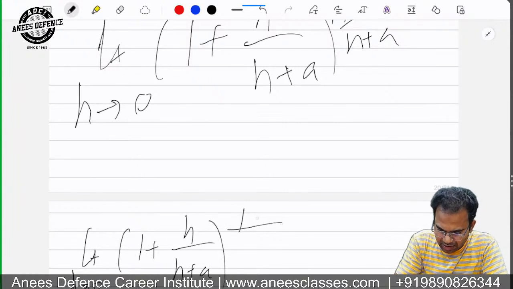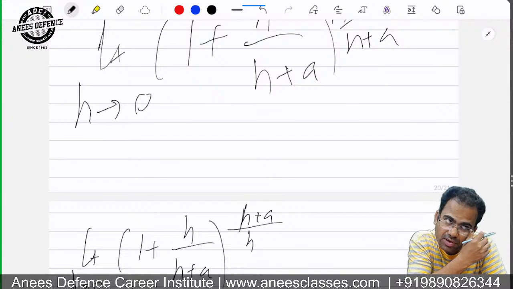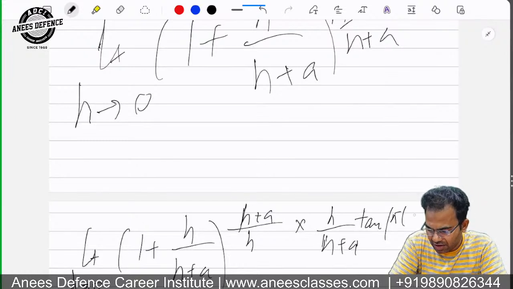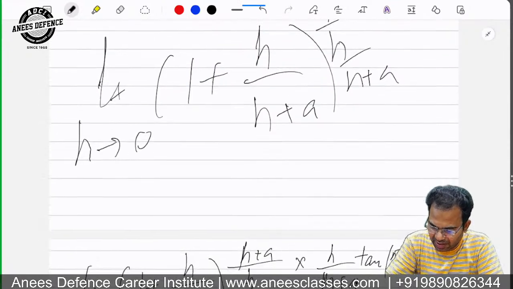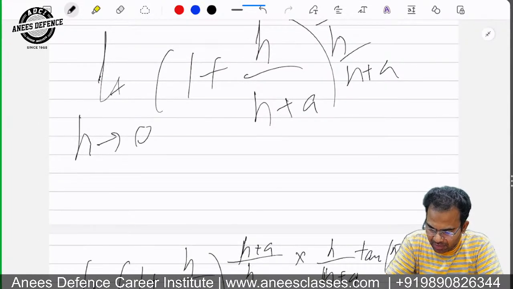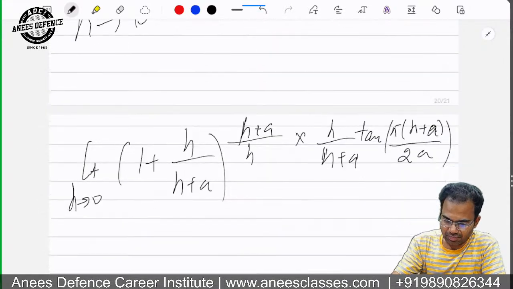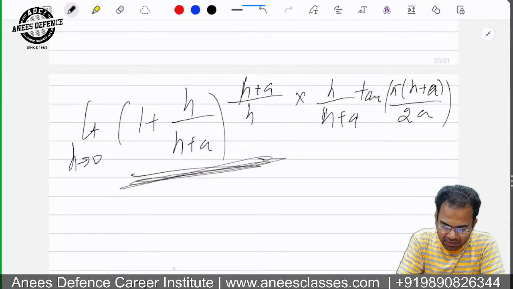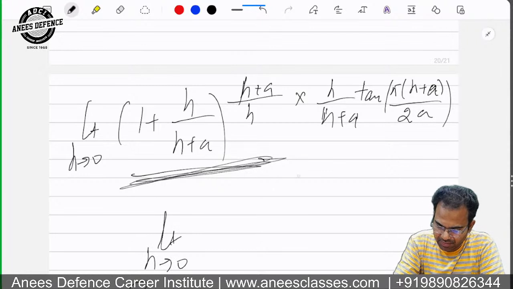Here you will find the reciprocal of this, which will be h plus a upon h, right? And here you will write h upon h plus a tan pi. In place of x, I can write h plus a. And in the denominator you have 2a, right? This is e. Okay? This is e. So e to the power limit h tends to 0, h upon h plus a